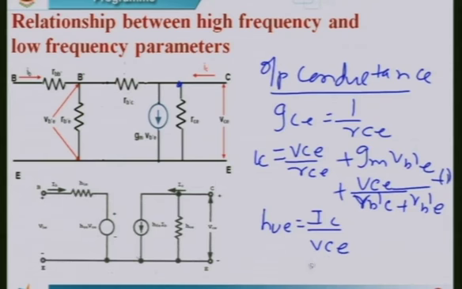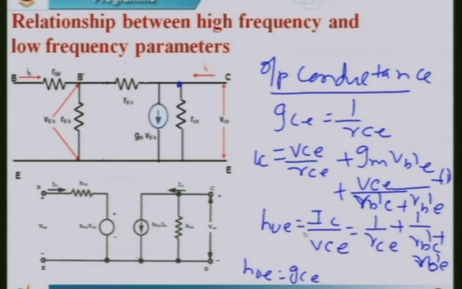From this circuit you are going to get this equal to 1 by rce plus 1 by rb'c plus rb'e. Therefore, comparing these two, your hoe is approximately equal to gce, because the reciprocal of rce is nothing but gce, easy to analyze because this is a conductance, plus the conductance given by gm into hre. Therefore, if you manipulate and simplify this equation and solve for gce,